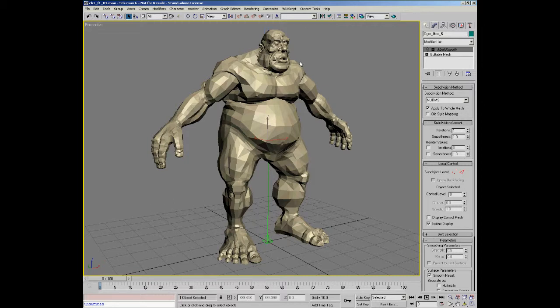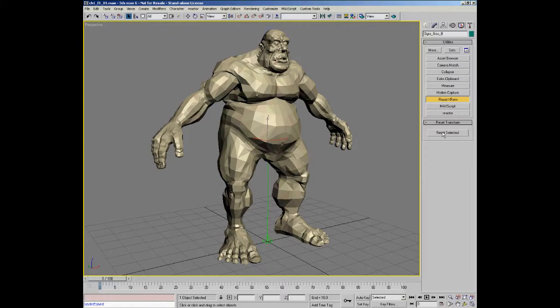Size of character matters a lot. You should never ever scale a rig in any way, shape, or form, even in a uniform fashion. I do it during animation sometimes to cheat heights of characters, but then it's in a controllable environment. You should always start your characters with a scale factor that is basically at 1.0 or 100% scale factor. Using the reset XForm utility is the best way to make sure that